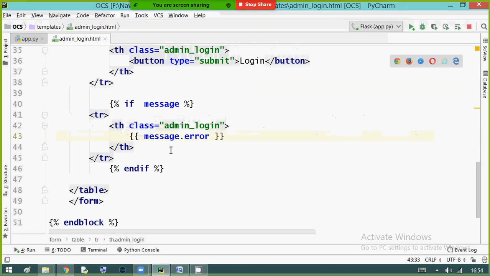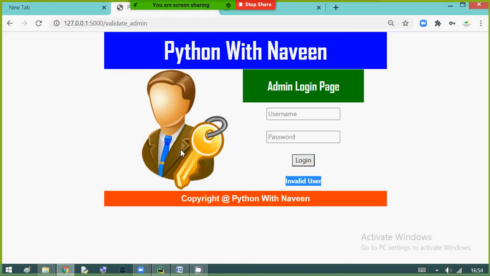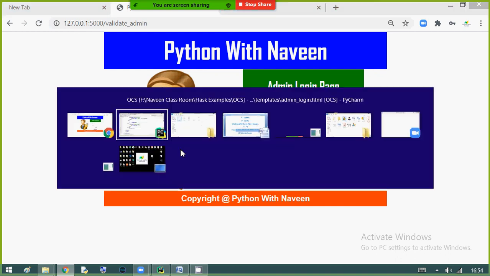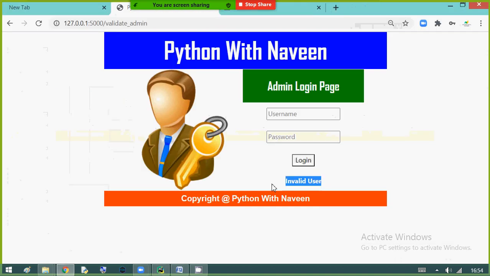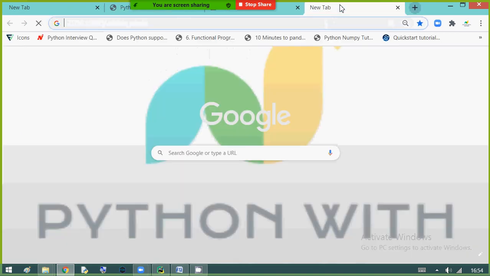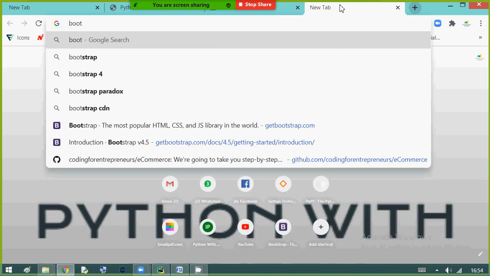That's it. Now if you want to decorate with red color, borders, etc., it's up to you. As per your requirement, you can do that. As of now, simply an invalid user message, or else from Bootstrap, getbootstrap.com.